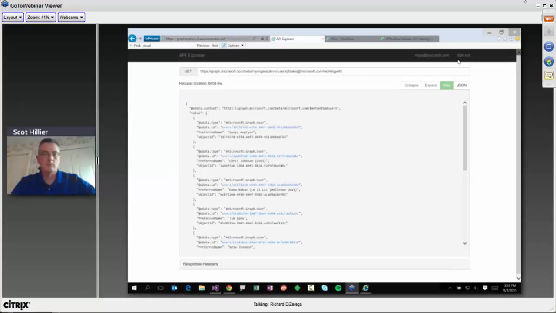Really what's happening behind the scenes for every single Office 365 customer is that your identity lives in Azure Active Directory. There might be a synchronization that we do to put a copy of your on-premises user account in the cloud, but the identity for Office 365 is always Azure Active Directory.